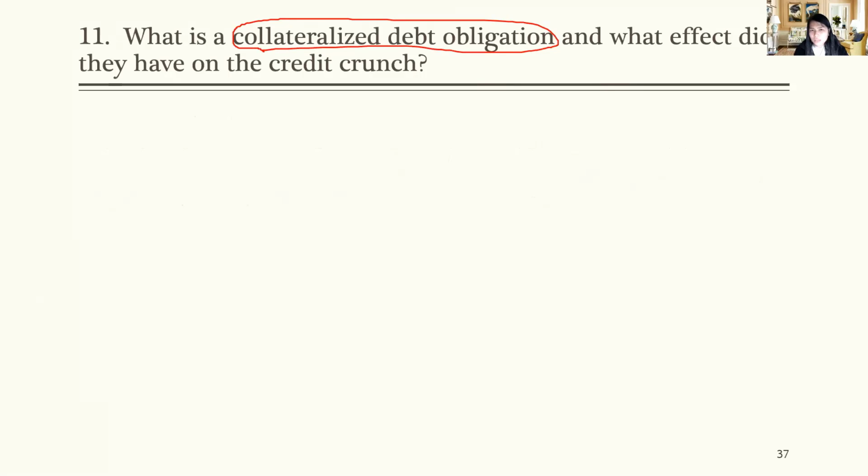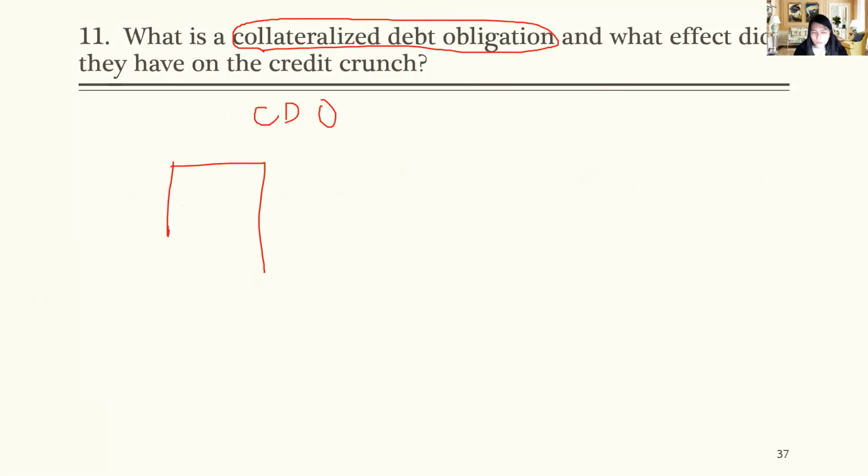In this case, this is an entity that is specialized in pooling different securities and then writing securities based on that portfolio. Okay. So for a CDO,